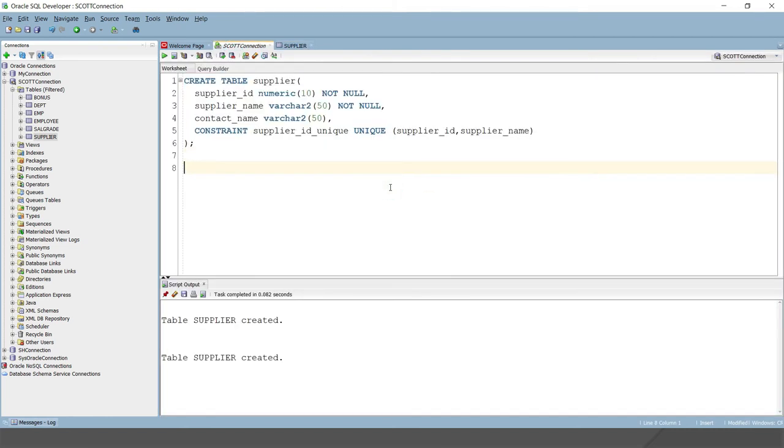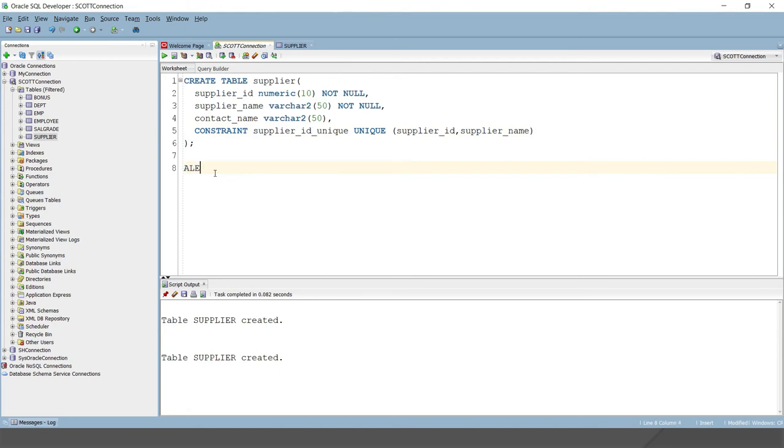That is pretty much how we can define a unique constraint. Let's say I want to drop an existing constraint. How can we do that? We can do that using the alter command.